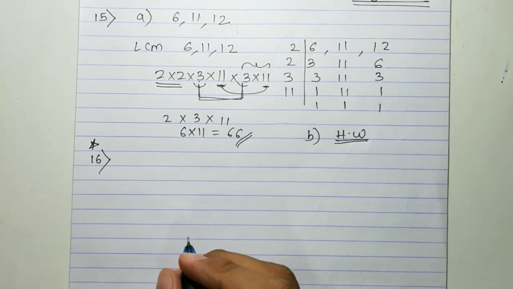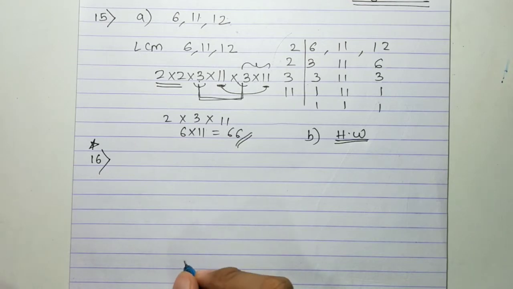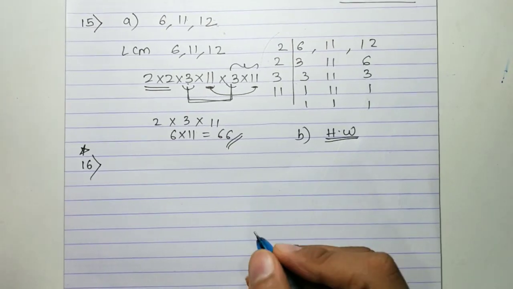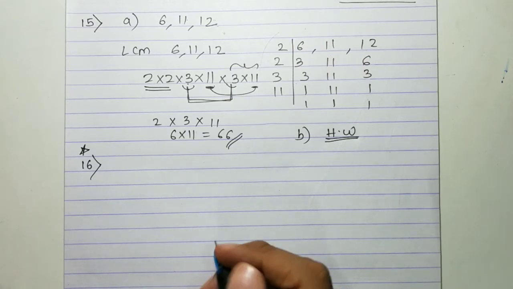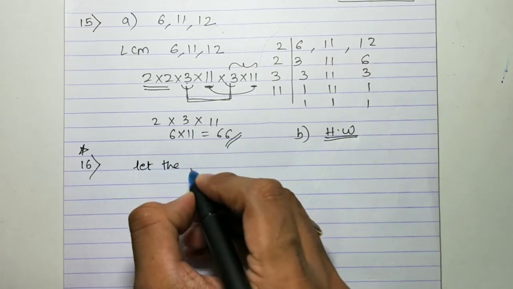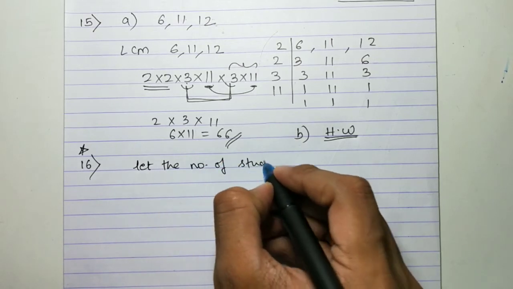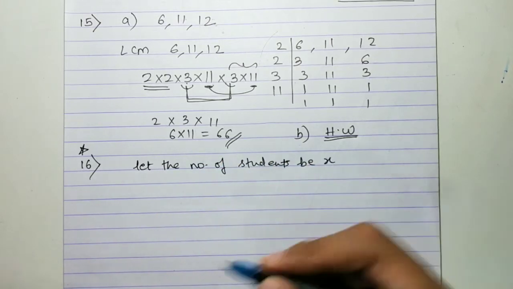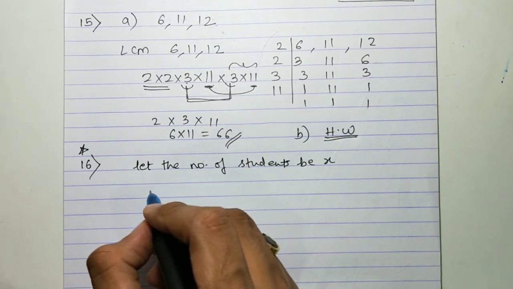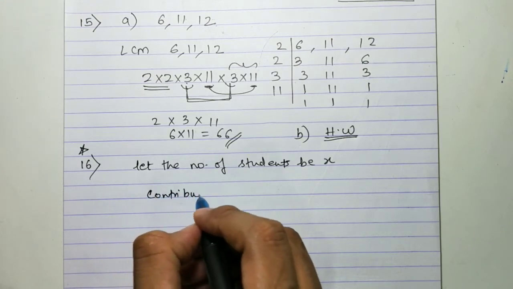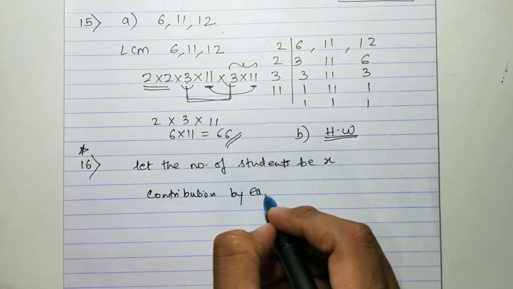The 16th question says, the students of a school went for an outing. If each student contributed as many rupees as there are number of students. So they are saying that जितने students गए उतने ही number of rupees each student ने खर्च किए. ठीक है? So what I'll do? Let the number of students be x. Okay, so the contribution by each student